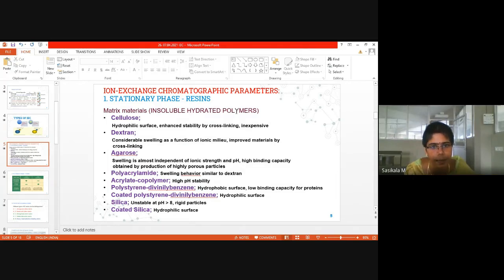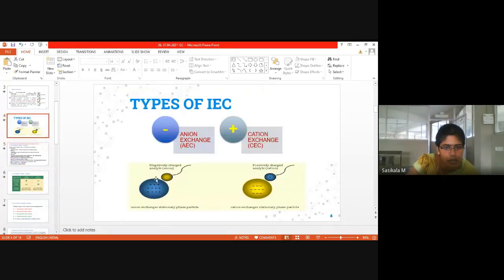Here resins. Resins represents an inert material that will be carrying ions for its exchanging purpose. Here this will be positively charged ions, you can see, right? It is stationary phase particle, and the blue color represents resin. Okay, and over the resin surface the ions are coated. So this should not be reacting with your sample. So the resin must be what is the nature? It should be inert. Inert means it should not interact with your sample. Where positively charged ions present over the resin will be reacting with the sample for its separation.